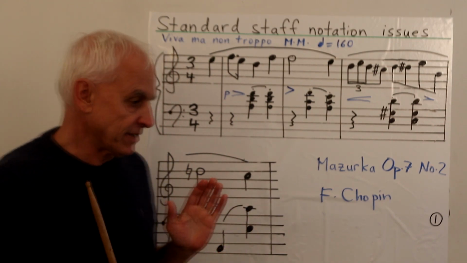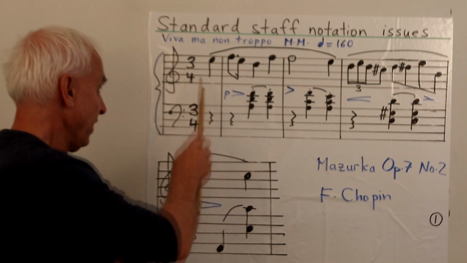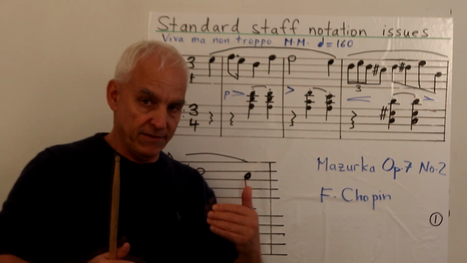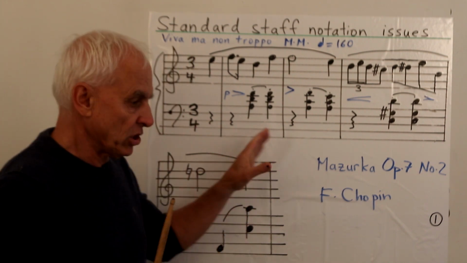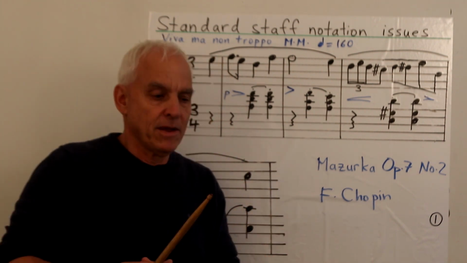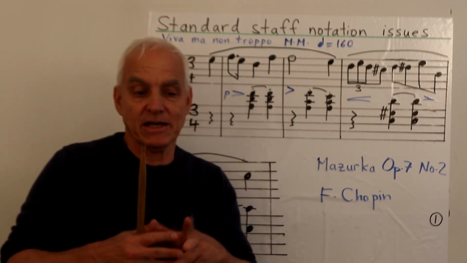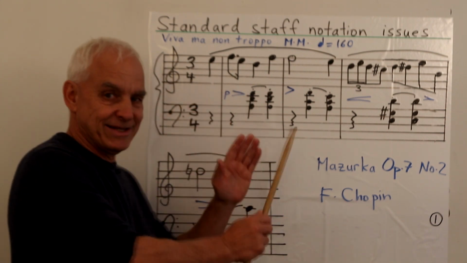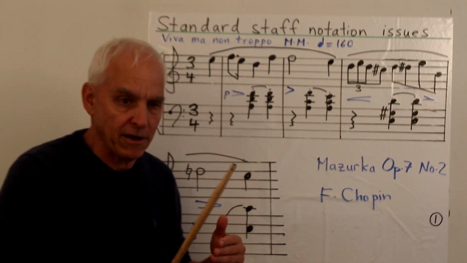So it turns out that if you were playing in a major scale, the absence of sharps and flats here at the beginning would alert you to the fact that you're in the C major scale. But this piece is actually in a minor scale, reflective of the somewhat melancholic nature of the piece. It's in a minor key which is associated with the C major scale, sort of closely connected to it. That's the A minor scale.